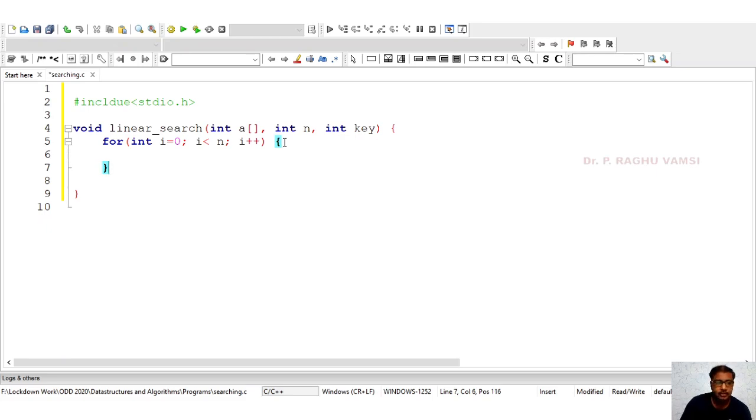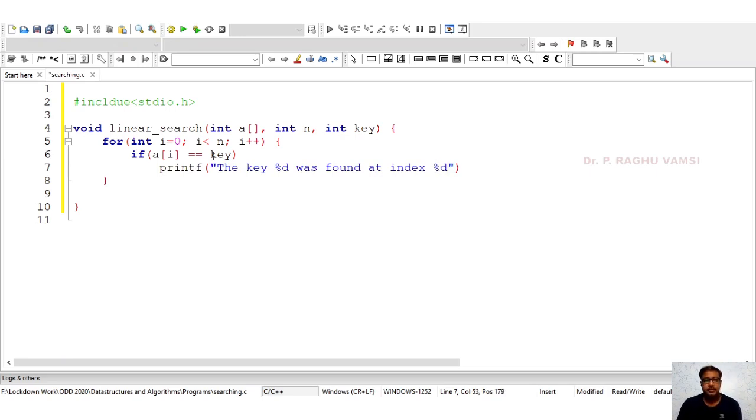Now we are supposed to compare this. If a of i is equal to key, then printf: the key %d was found at index %d.